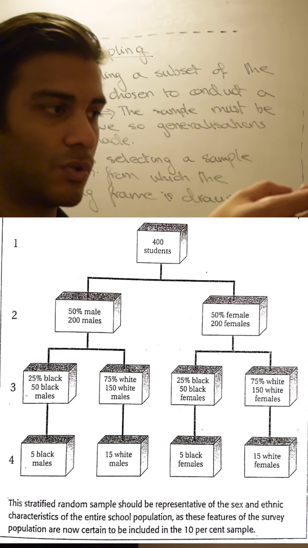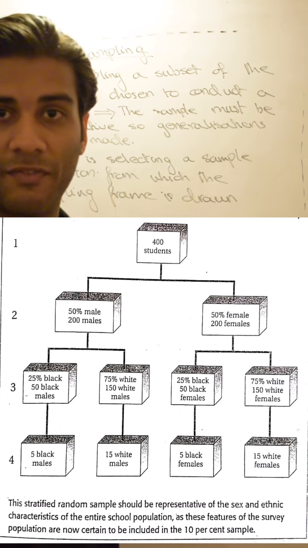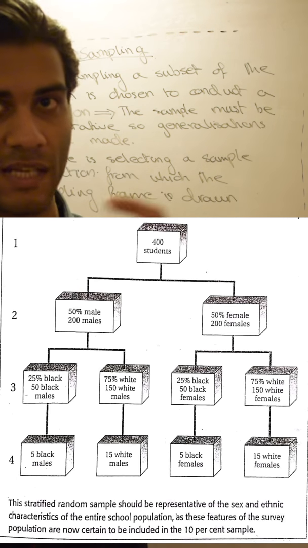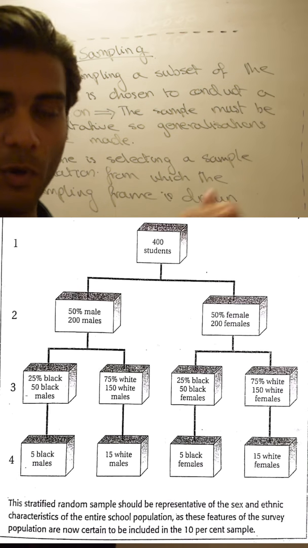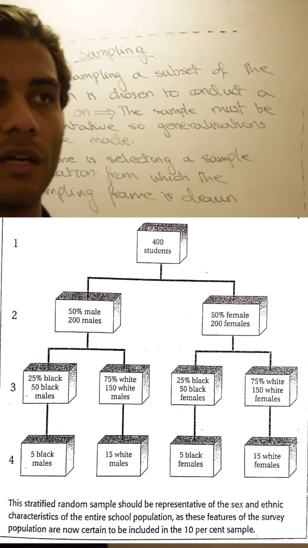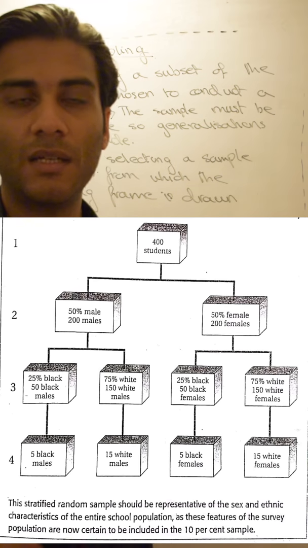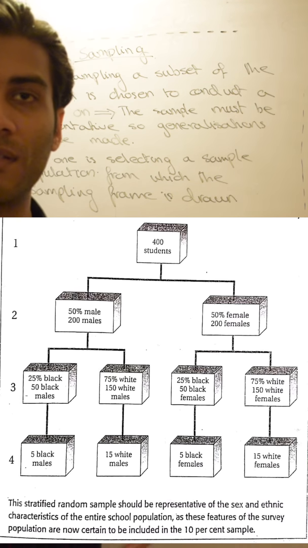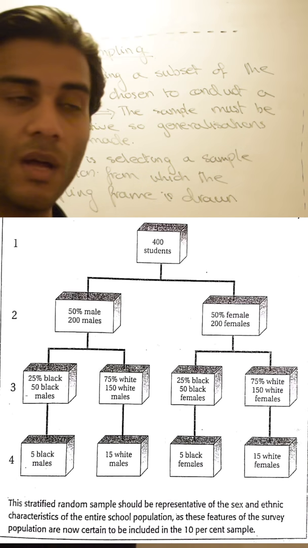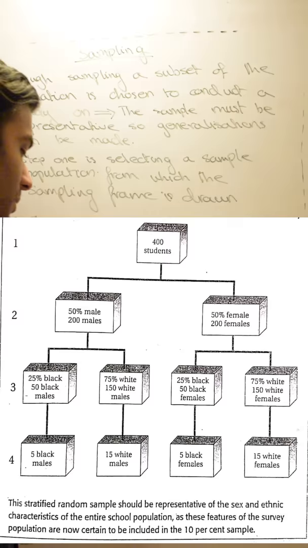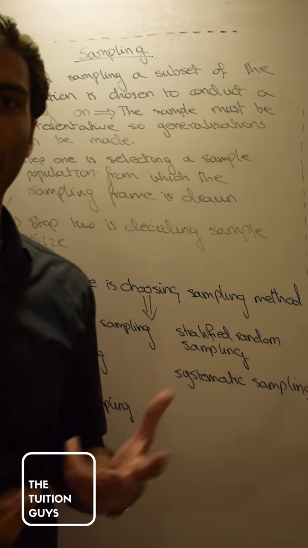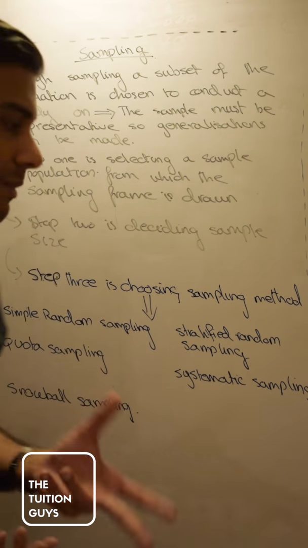And then from that you choose 5 African American males, 15 white males, 5 African American females, and 15 white females. So you've broken your population down into particular strata, and your categories here have been ethnicity, it might be the grades of the students, and it is the sex of the students. So it's these 3 categories you're breaking it down into. And this counters the problem of simple random sampling, where, like I said, there is a little less representativeness and generalizations are hard to make.